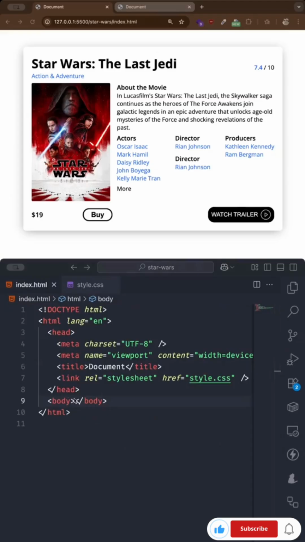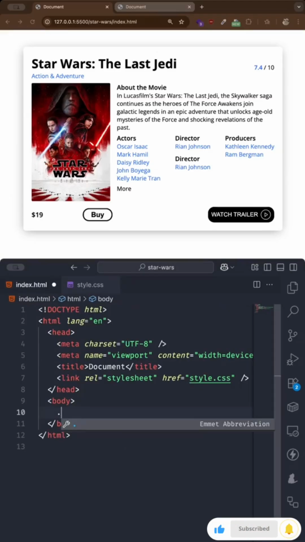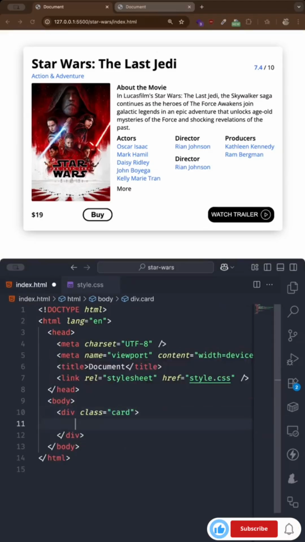You're just going to create a div with the class of card. So we can say .card. And then how are we going to start at this? What I'm thinking, this is a card. The card is the whole thing. And then inside this card, we do have